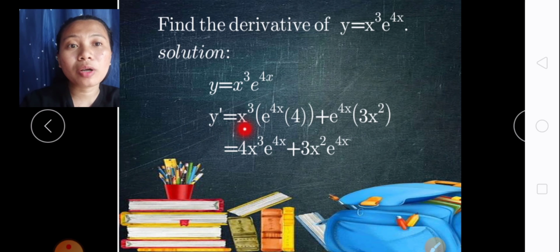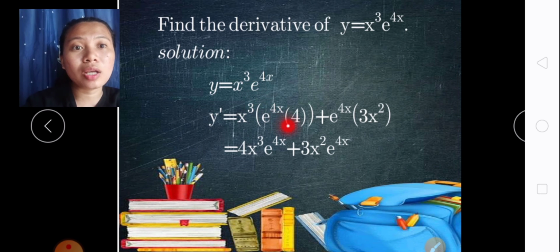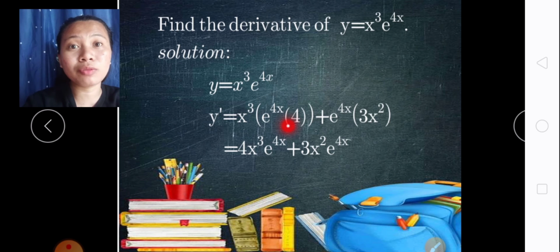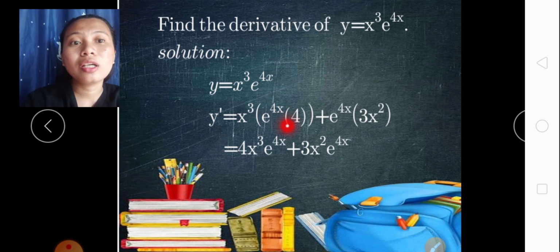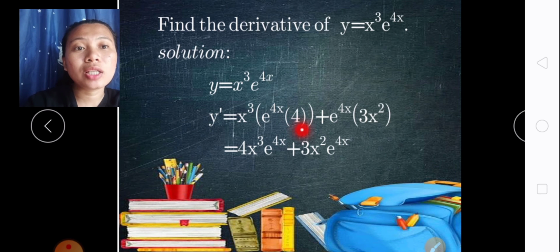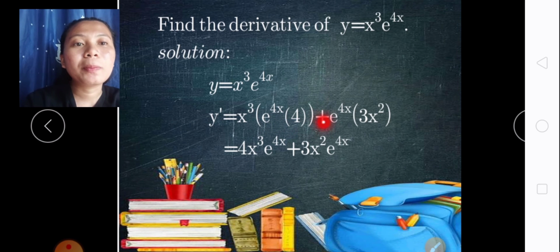So the answer is y prime equals x cubed, which is our a, is x cubed times the b prime. So the derivative of b. So the derivative of b, as we all know, the rule number 1 of derivative of exponential function is you copy the exponential form, which is e to the 4x, then we multiply the derivative of our exponent, which is 4x. So the derivative of 4x is 4. So that is the x cubed times e to the 4x times 4 plus